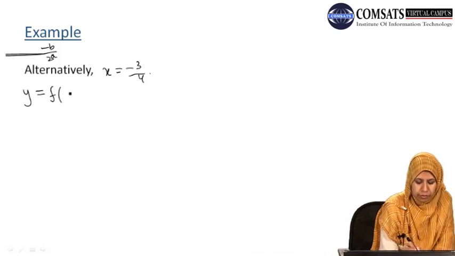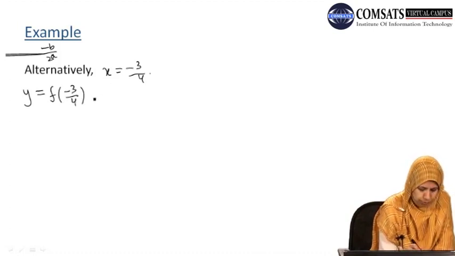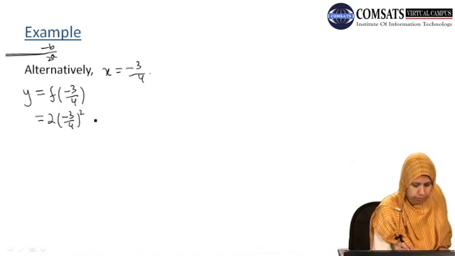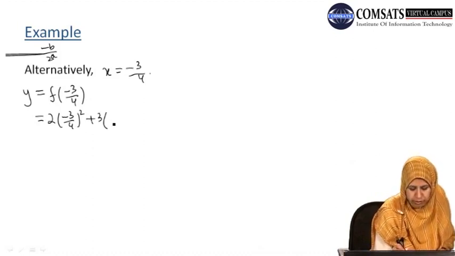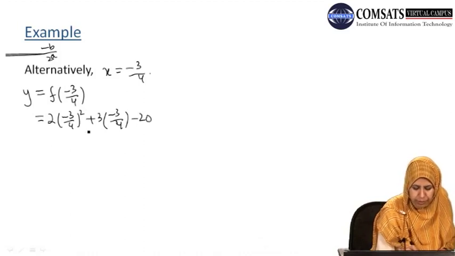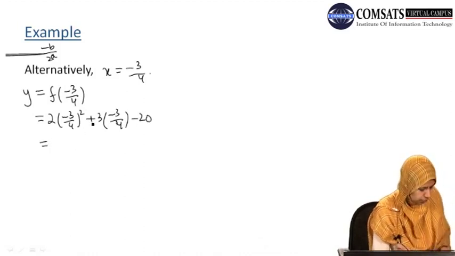That is, f of minus 3 by 4 will be equal to 2x square plus 3x minus 20, which is equal to